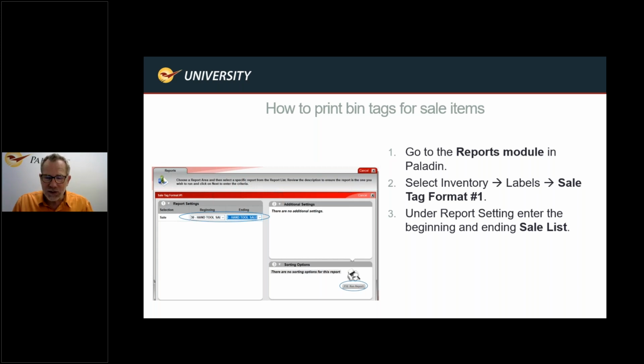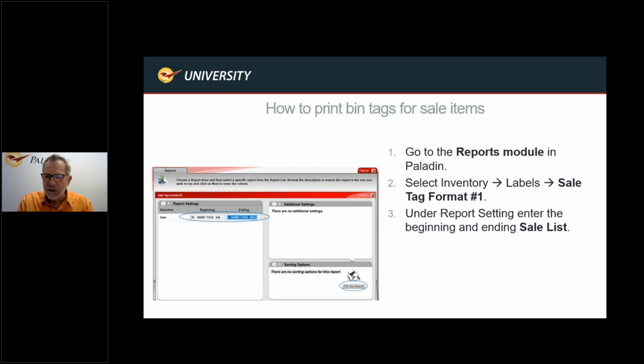Does that mean you can do this for all items when you create a pricing plan? No. If you have a pricing plan, global or a blanket type of sale, it does not include sale prices. That is a formula that we use based on the percentage that you add. So there, you cannot generate those labels this way, but there is a way to do it. You can just go into your sale list, add those sale prices, and you're good to go. You can run that formula, whatever you have on the blanket pricing plan, put it into a sales list, import it in, it just takes minutes, and now you've got your